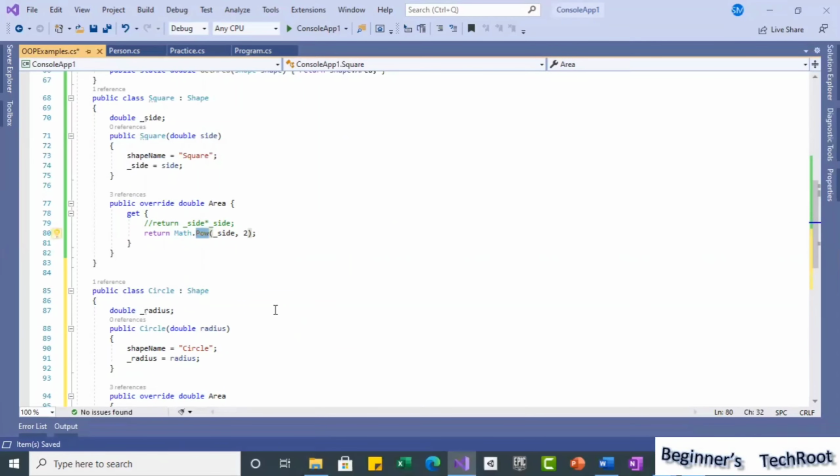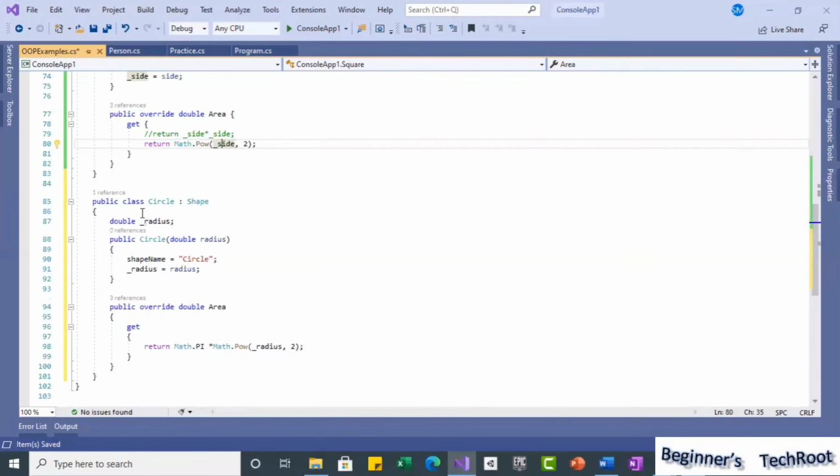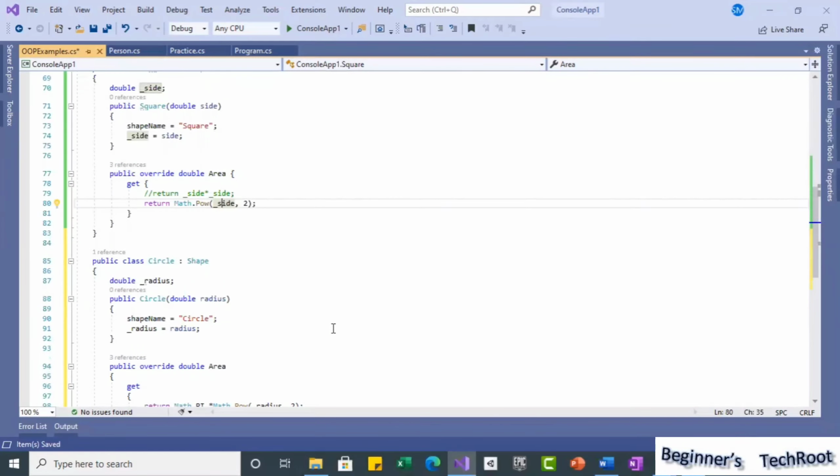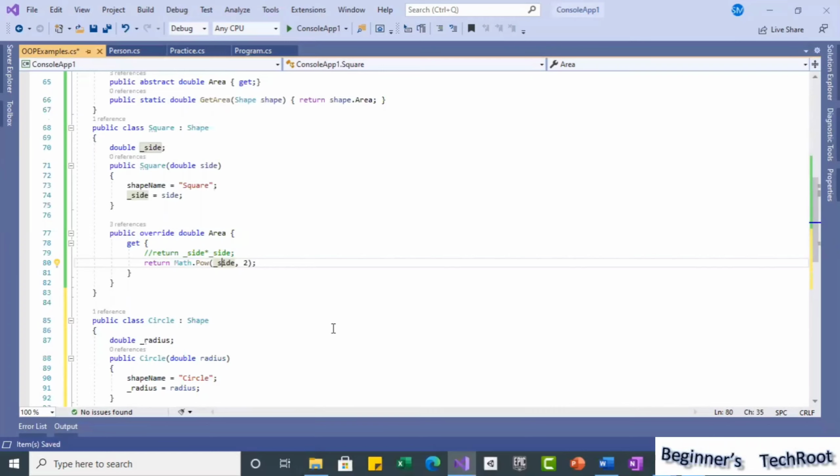For a square shape we can calculate area, and for a circle shape we can also calculate area. But the calculation is different. For a square, the calculation is side square. But for a circle, the area calculation is pi into radius square. So that is the difference in how the implementation happens in square and circle.